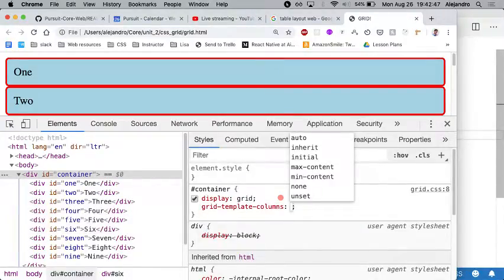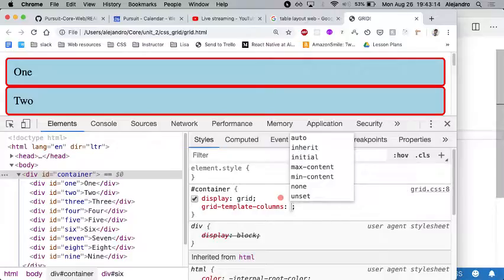So grid template columns is another CSS property. It will only apply if the element that you're selecting is display grid. If you try to apply this property to a flexbox or a regular div that's not a grid, it will have no effect. So some values that you can have here is you will specify